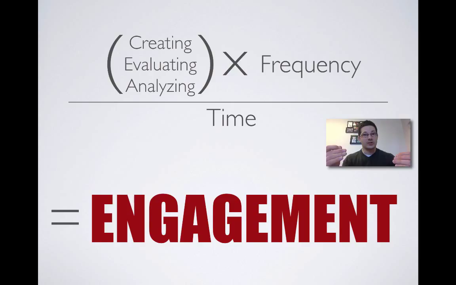They may be looking at you, but are they cognitively engaged? Are they doing anything cognitively that is even remotely in the upper levels of Bloom's taxonomy? If not, yes, they're looking at you, but they're not cognitively engaged. If I can get my students in those upper levels as frequently as possible over the course of time, I'm